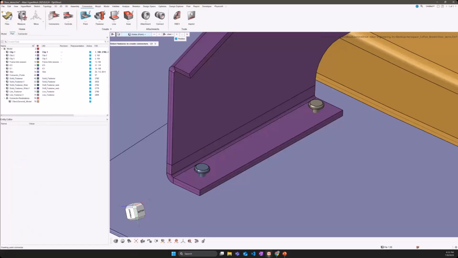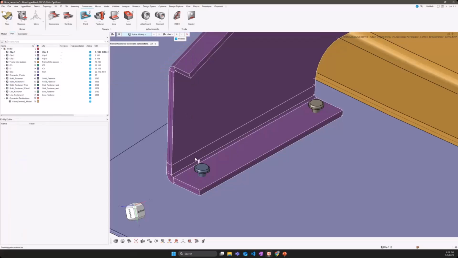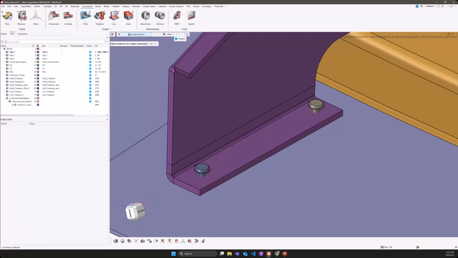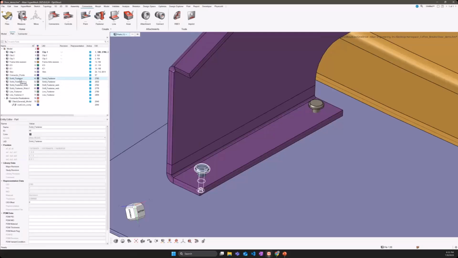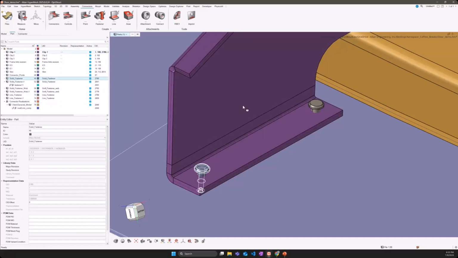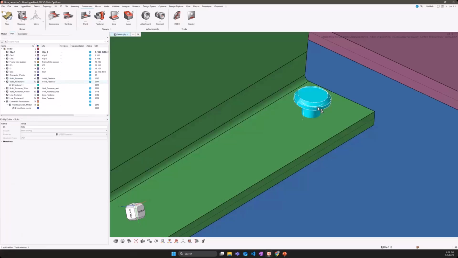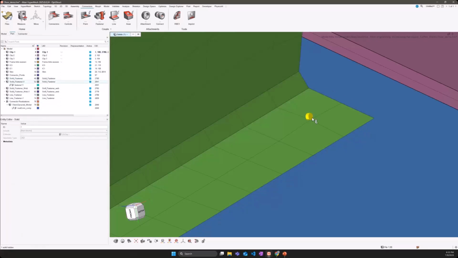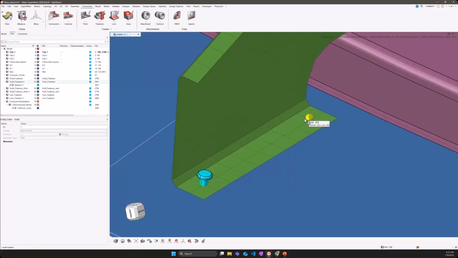So if I now create my connector with the option to organize under the source part on, I can create it. And now, if I go again to my part, I can see that this part not only contains the geometric representation of the fastener, but it also contains the connector itself. If I now right-click and go to instances, I can synchronize it with the rest of the instances in the session. And what this does, if we zoom in a little bit, maybe hide the solids, you can see that it has created a second connector